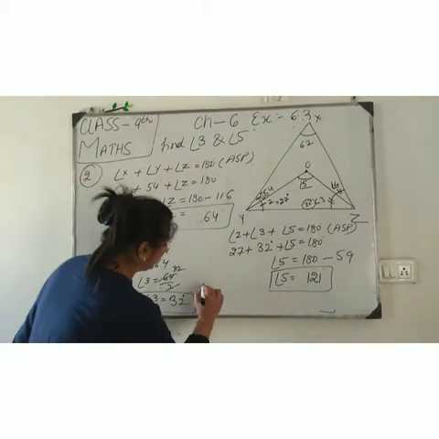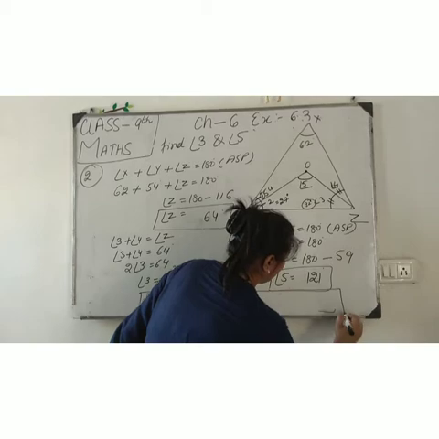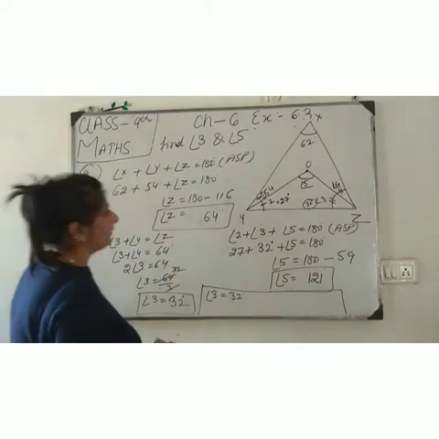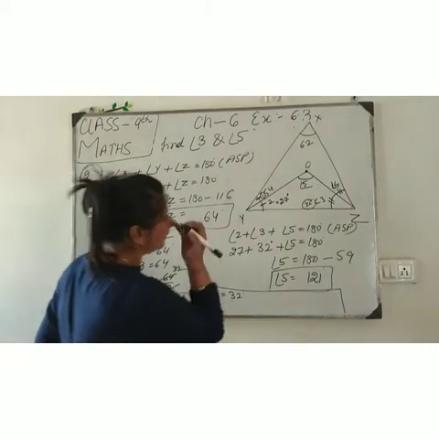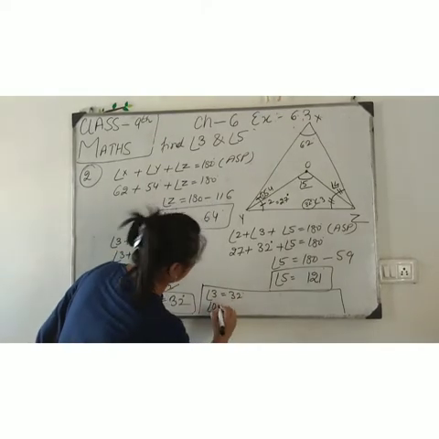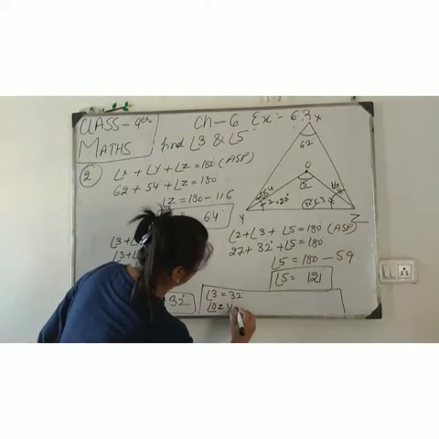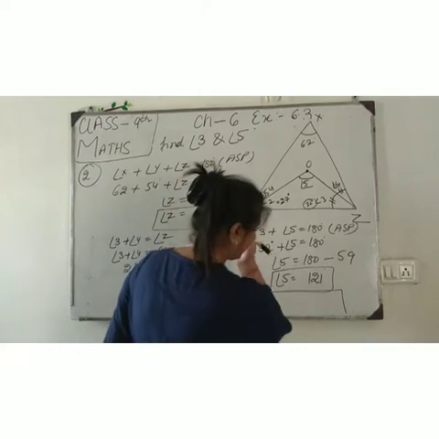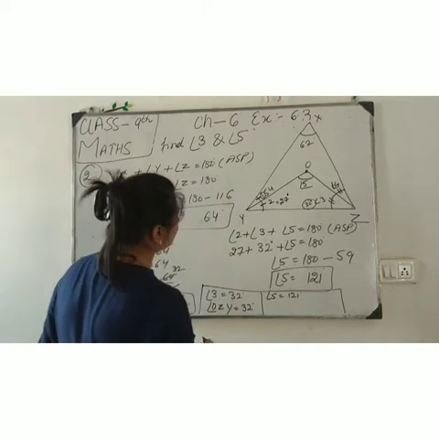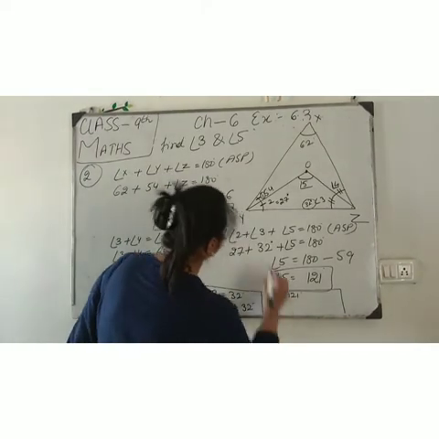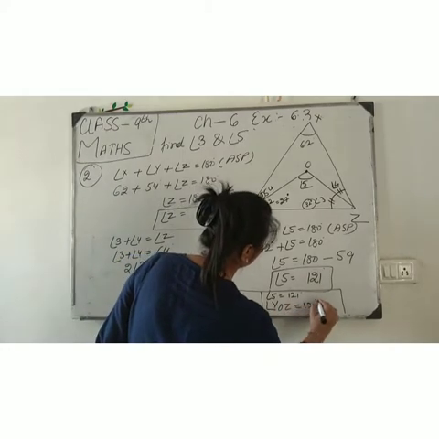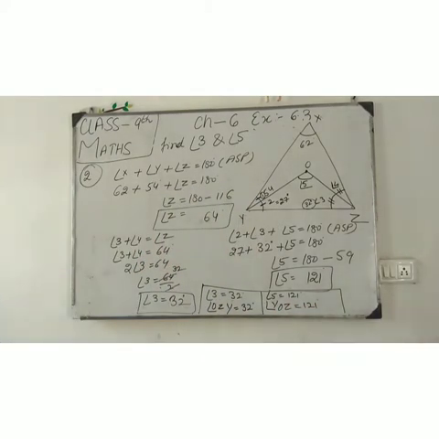At last, you write at the end angle 3 equal to 32 degree, and what do you say this angle? Angle OZY equal to 32 degree, and the value of angle 5 is 121 degree. So what do you say of the value Y in mathematical language? Angle YOZ equal to 121 degrees. Hence proved.